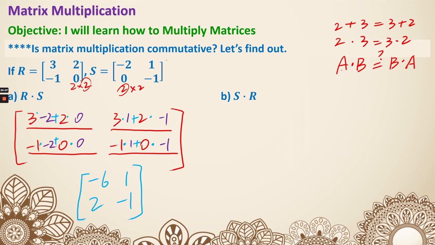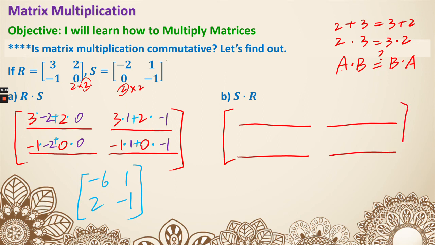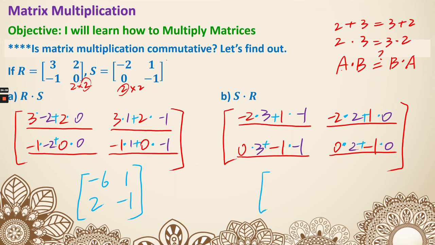That's the first one. Second one, I'm going to have S times R here, here, here, here. These are my spaces. S times R. First row in S, -2, 1, -2, 1. Second row, 0, -1, 0, -1. First column inside R, 3, -1, 3, -1. Second column, 2, 0, 2, 0. Lastly, multiply and add. Final answer, -6 minus 1, -7, -4 in the second space, and then 1 in the third space, and lastly, a 0. As you can see, they are not the same,